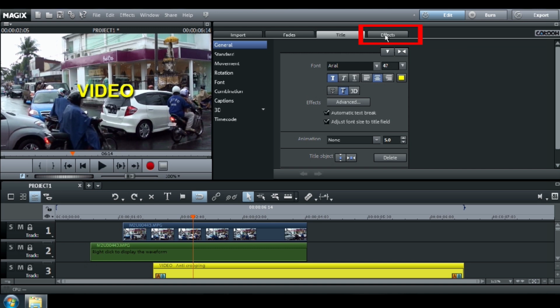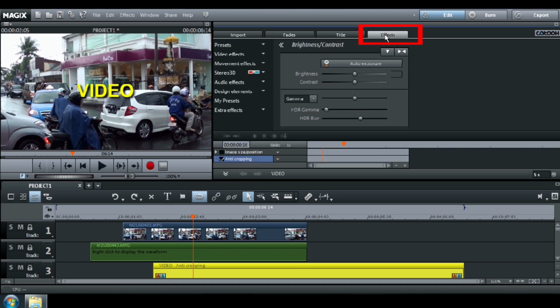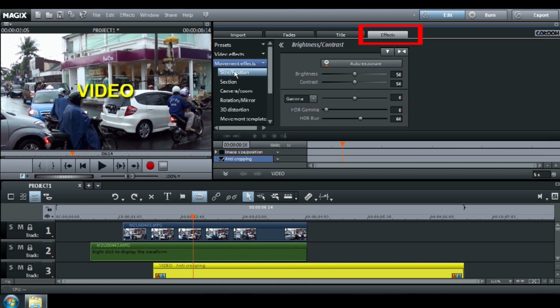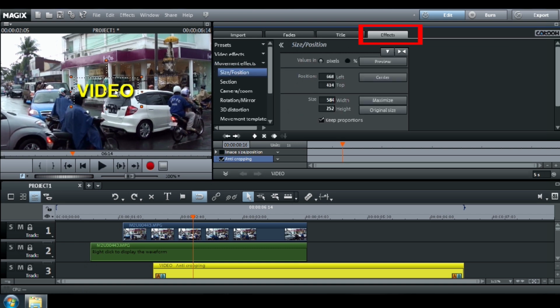In Effects, you will also be able to change the size or the position using the orange handles around the title you created.